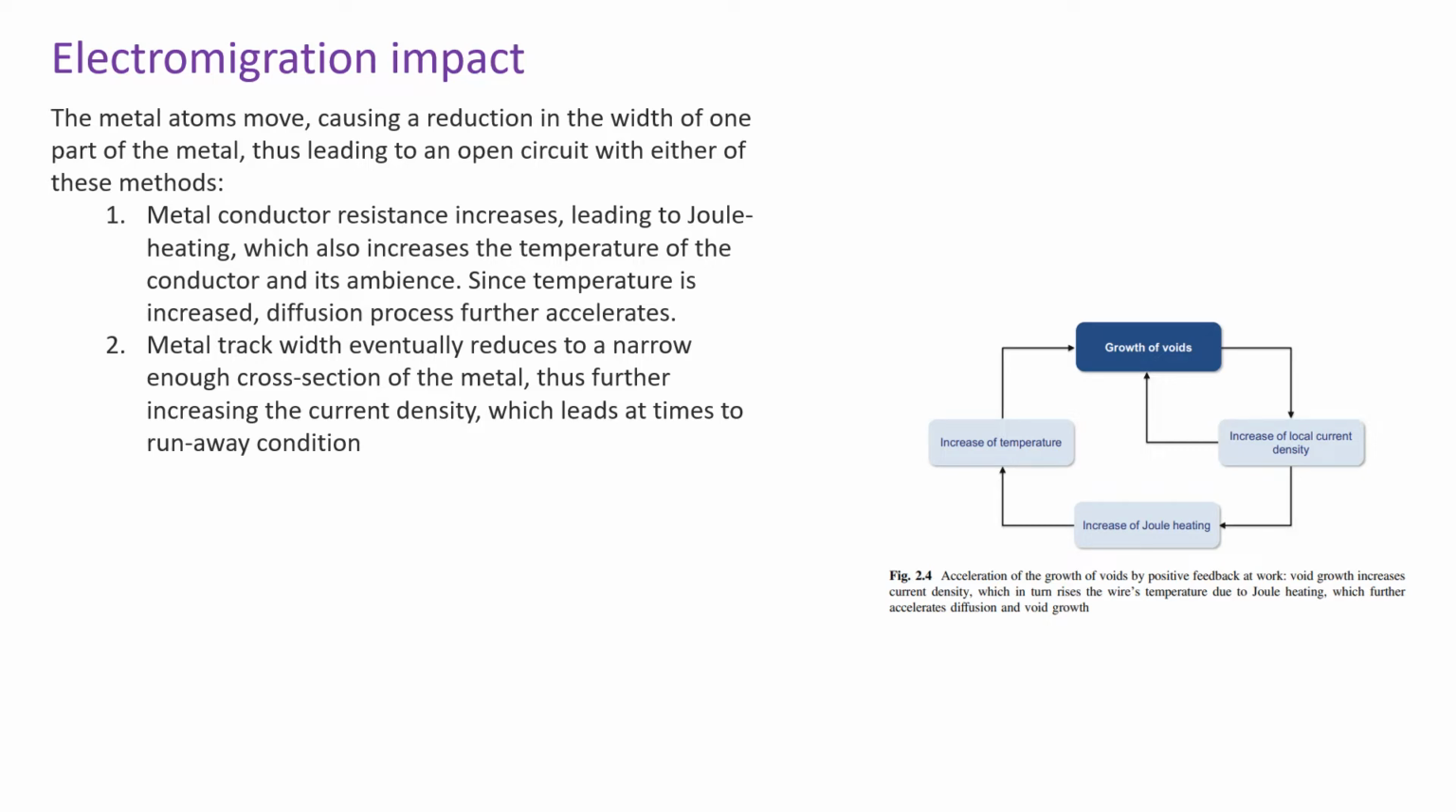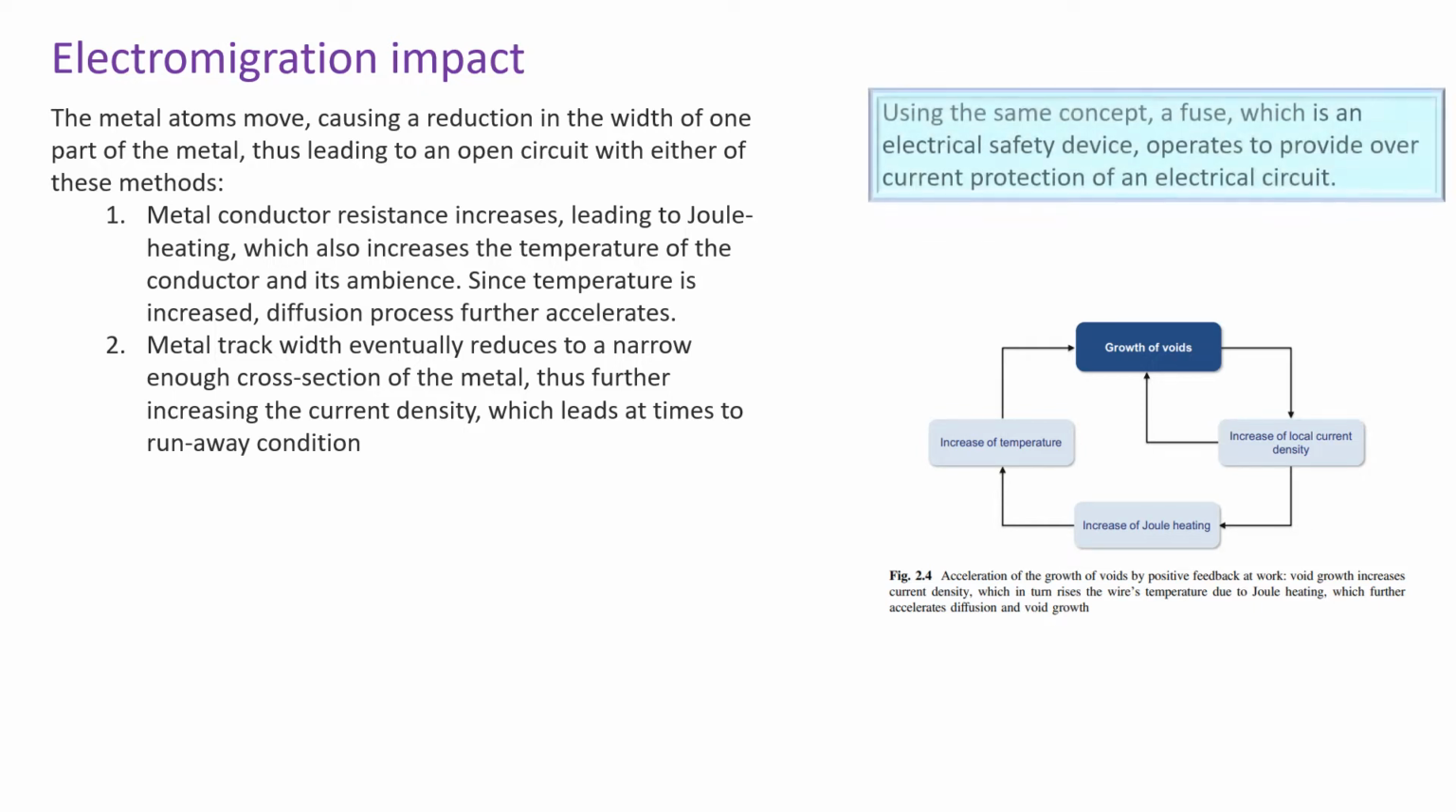In another method, the metal track width eventually reduces to a narrow enough cross section of the metal, which will lead to high current density, which again will lead to higher electromigration, which means again the width will become further narrower. So again current density will increase. So these form a loop, which will result in a runaway condition. However,